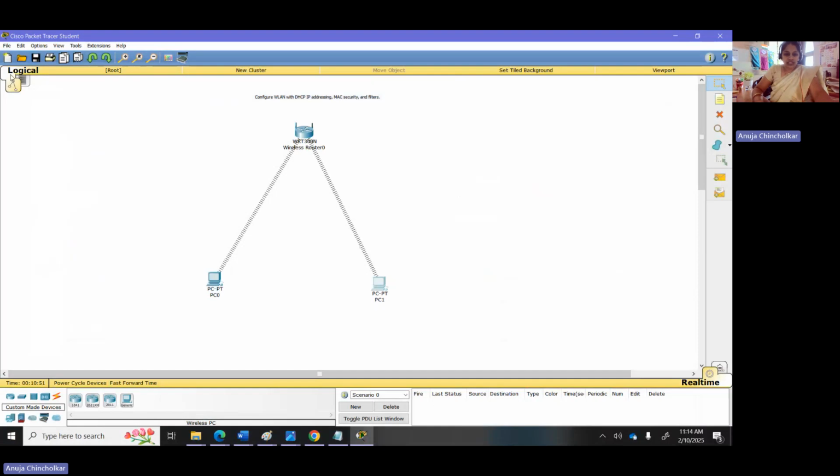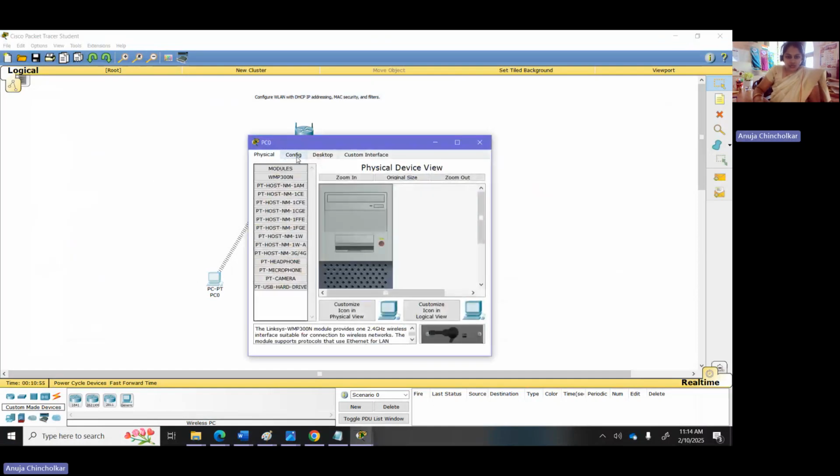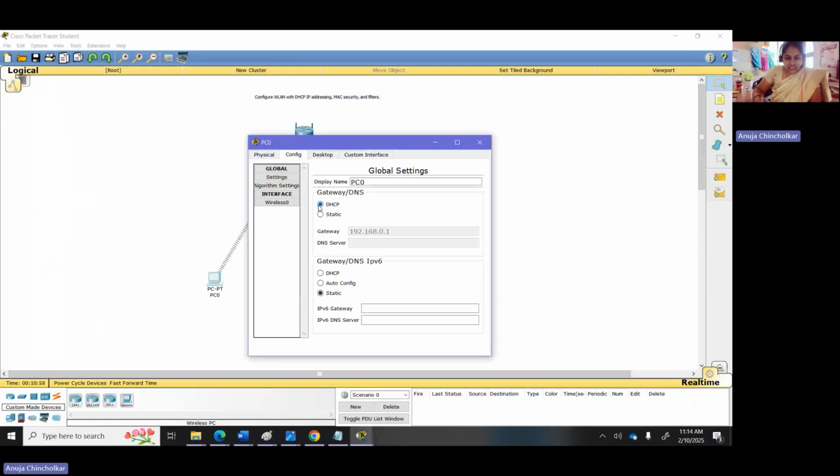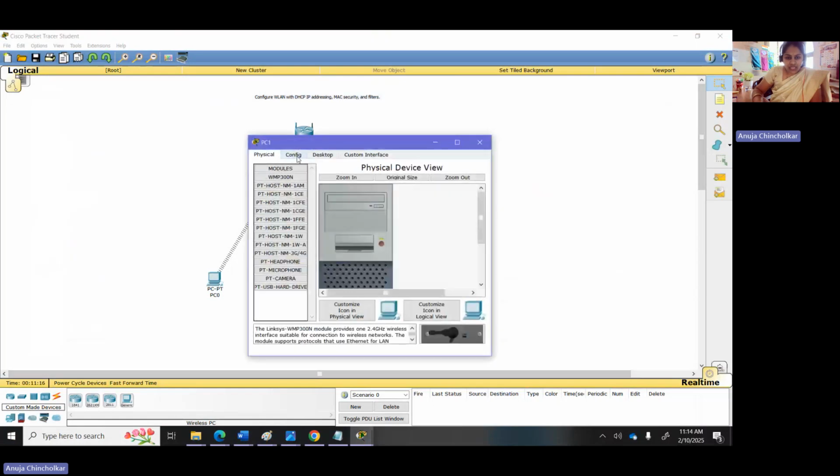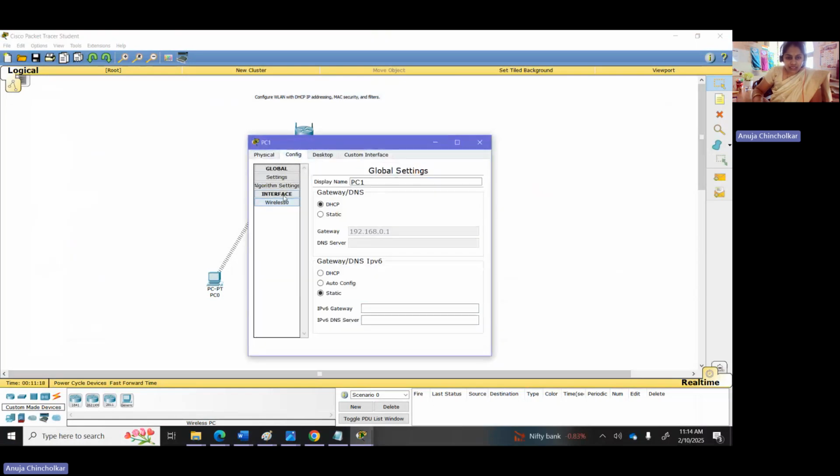Now you can see if I click on the PC and go to the configuration, it is taking a DHCP IP address. 192.168.0.1 is the address for the gateway. It has already taken it. Now if I click on the second PC and go to configuration, you can see this gateway is given here,